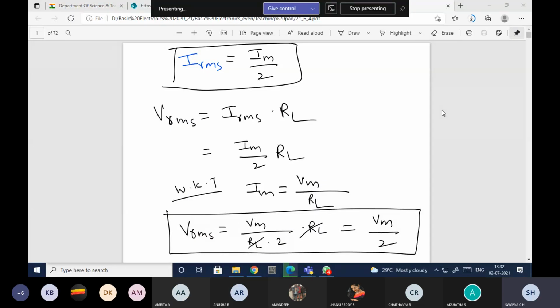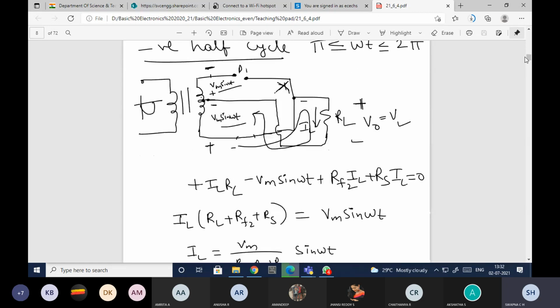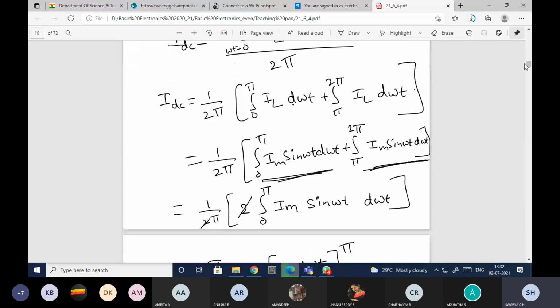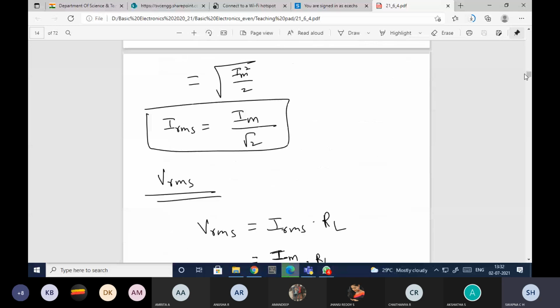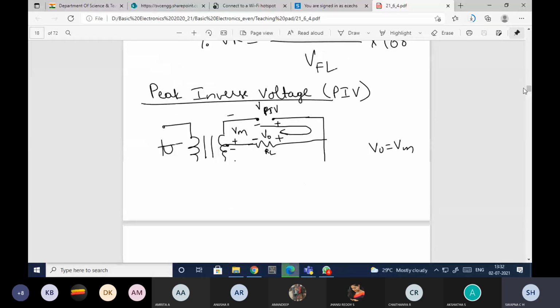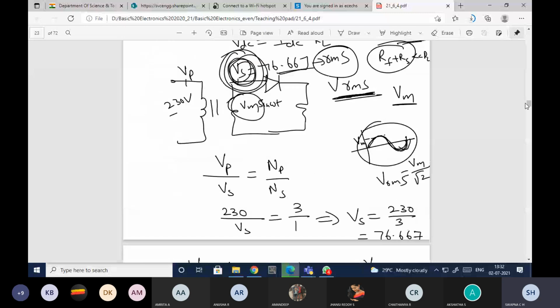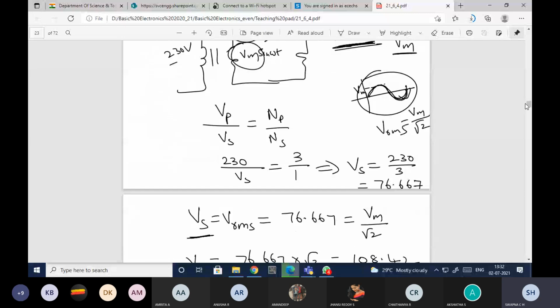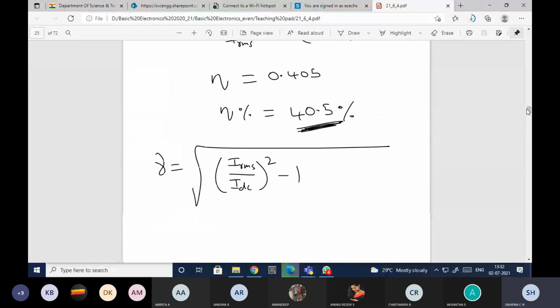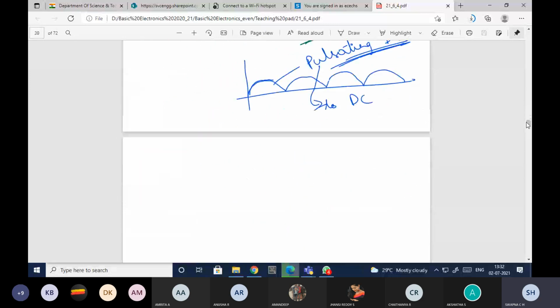Okay, so just recall, in the last classes we have started with the rectifier with filter. I've explained how the half wave rectifier with filter will work. That is one of the very important questions. In the exam they may ask you, explain half wave rectifier with the filter. In that case you need to explain the complete thing I've explained, like how the charging will happen, how the discharging will happen and all that. Let me open the page.